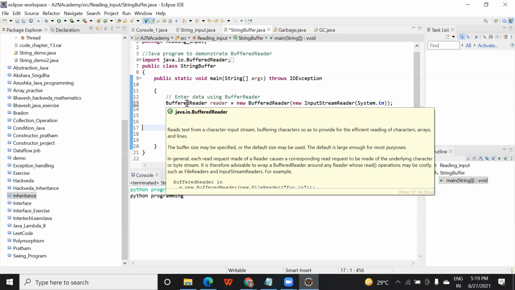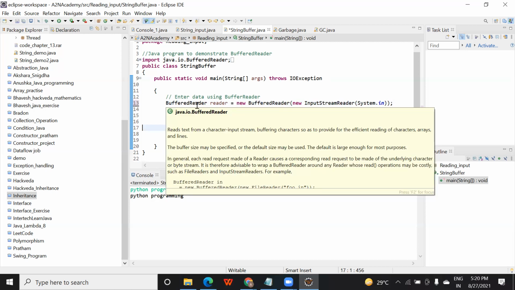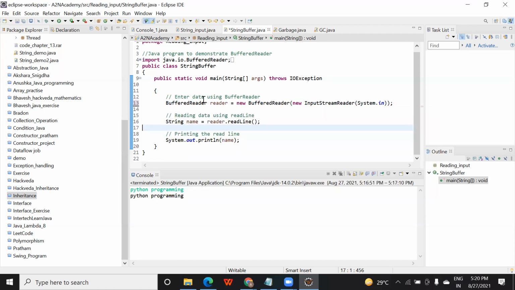But if you declare a string or array, in an array what do you do? In an array you have to give the size, right? That is how many characters you want to print in a static array. However, in the dynamic array we don't pass that, but in a static array we have to give the size. So here buffer reader is one more way of reading the input and printing it.